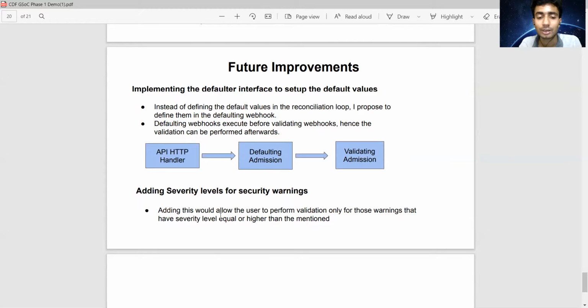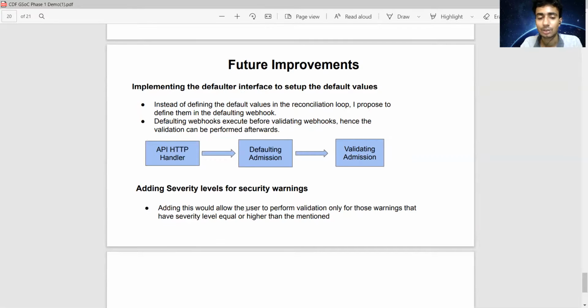I want to implement that in the Jenkins custom resource as well, so the user has a way of specifying those warnings and can validate only for those warnings that have a severity level equal to or higher than the mentioned, right?